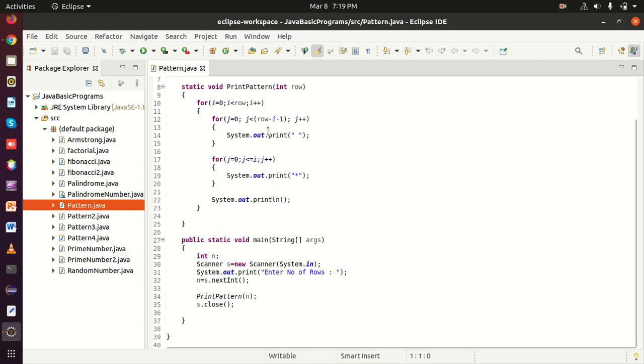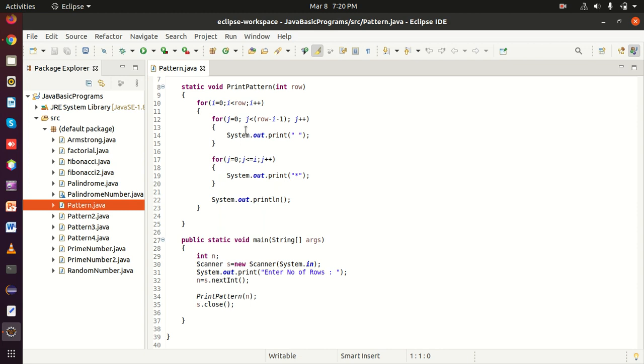Less than 4 means 3 times. 0 to 3 is going to be printed as white space, and after printing white space on index values 0 1 2 3, the cursor is on position number 3, which is already printed.